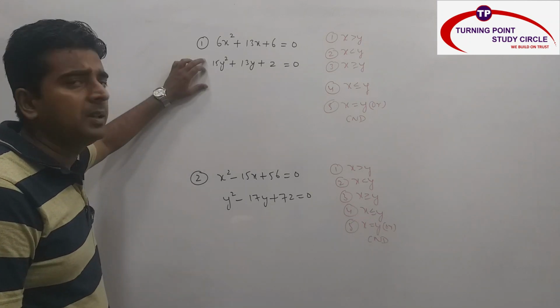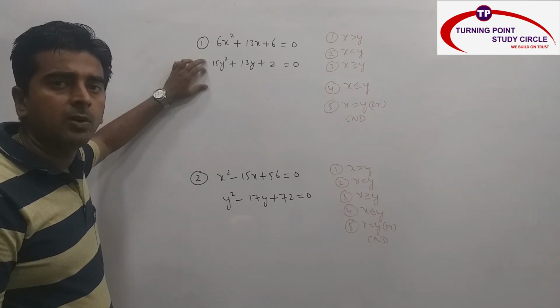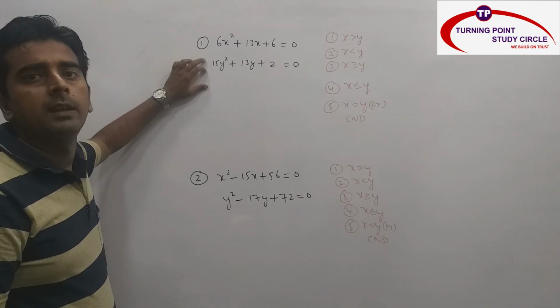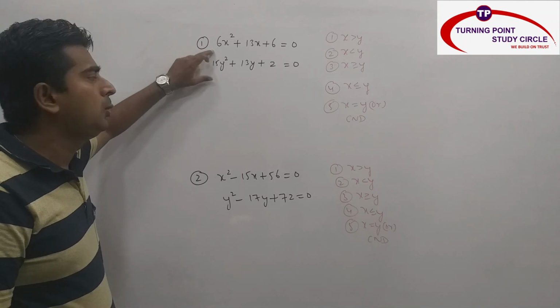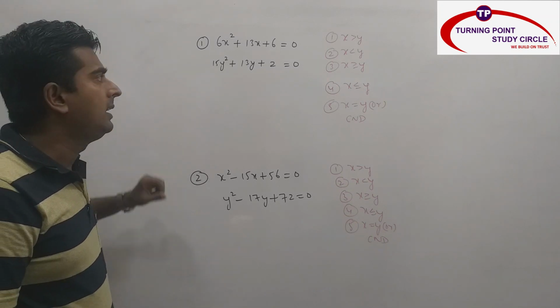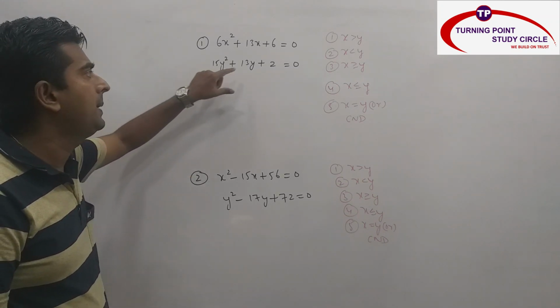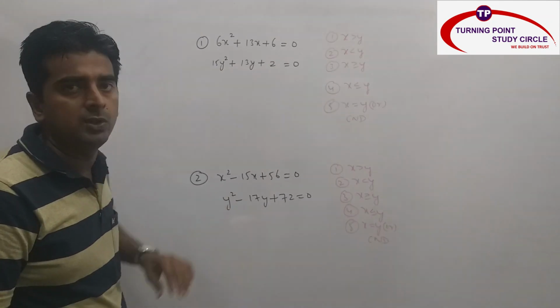So first of all, what is the meaning of quadratic equation? Anything which is in the form of ax square plus bx plus c is equal to 0 is said to be quadratic equation if and only if a value is greater than 0. So you have two equations, one will be in terms of x, second will be in terms of y. So ultimately what you have to do, you need to solve these two equations and then you have to compare both the equation, that means both the values of x and y, and then you have to choose your option.